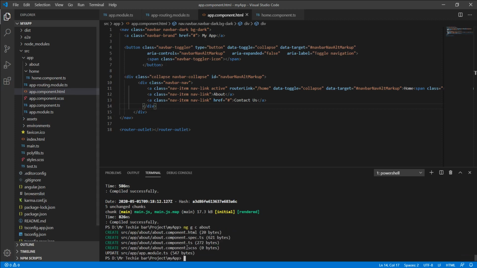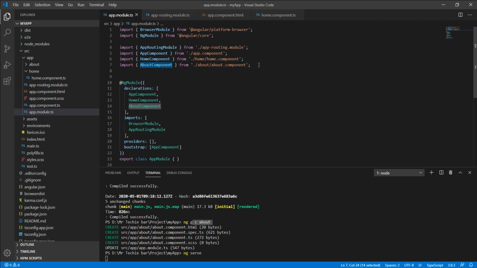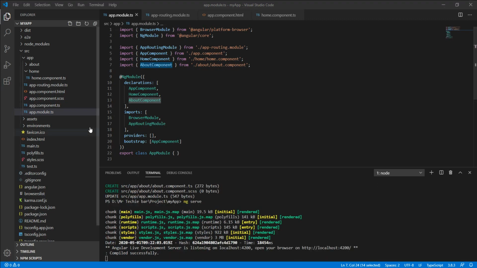Okay, boom, it's created. Now ng serve, and using this command it will automatically add that newly created component in your module part also, as you can see here. So no need to do anything, just a small command, ng generate component and the name of the component. There are a few more commands we'll discuss in upcoming videos, like how by the command we can remove the spec files and all. So we can learn all those in upcoming videos.